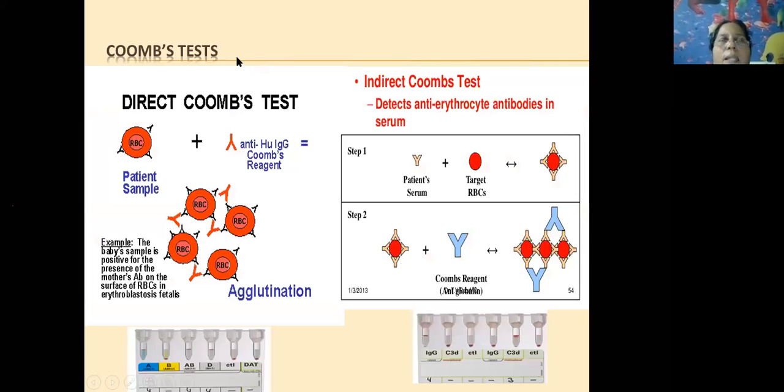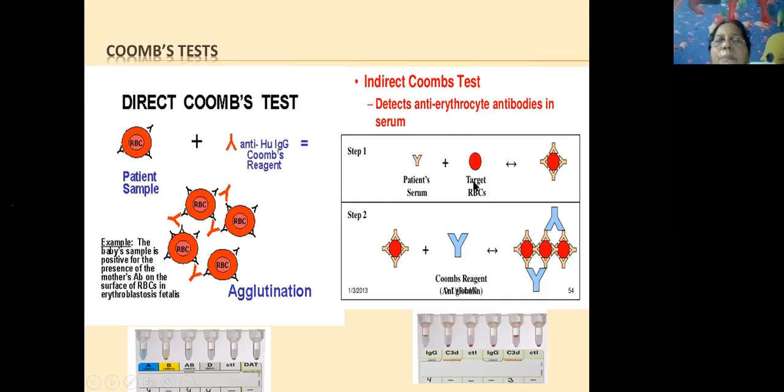Okay. Then the direct Coombs test is when the patient has RBCs which have attached antibody. Sensitized cells. These antibodies are attached to some antigen on the RBC. So when you put this Coombs serum that contains anti-human immunoglobulin, this will go and attach here. Okay, they bind with these and form agglutination. You can do this by a gel test.